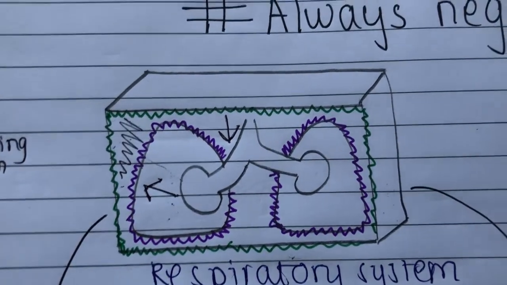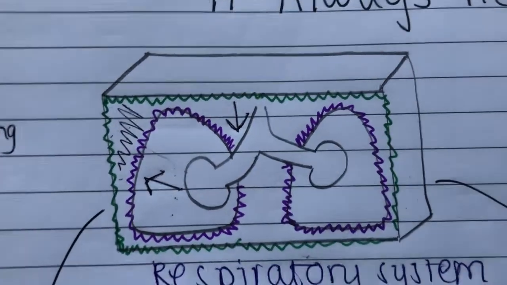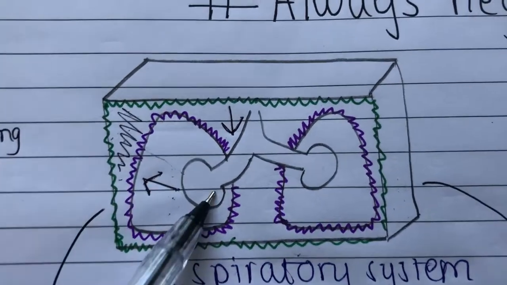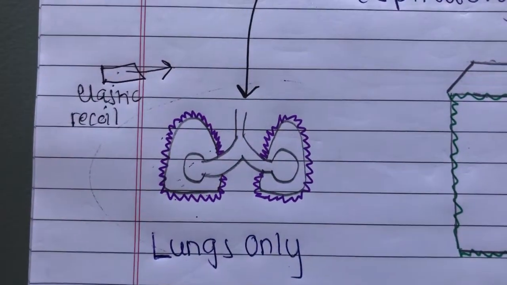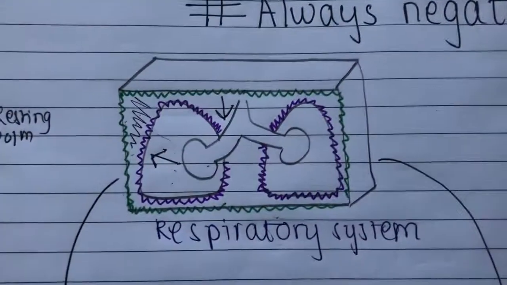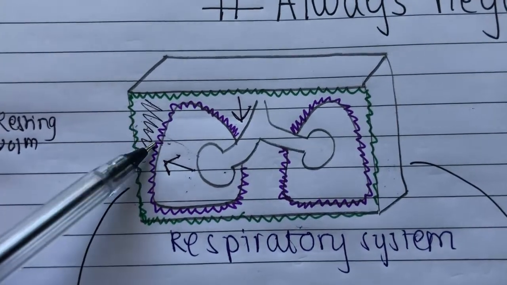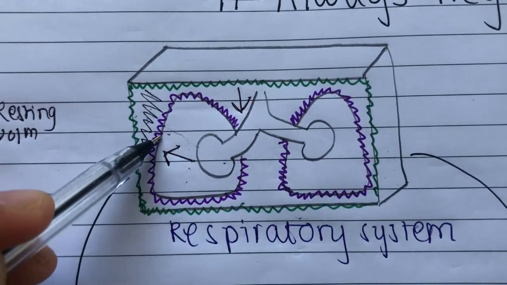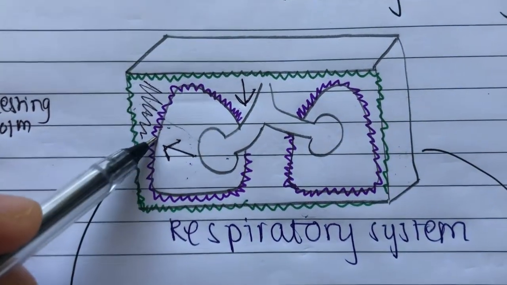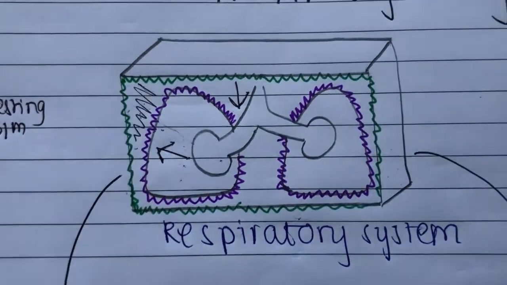But it cannot come back to its position because a sticky layer is attached all around it, which prevents it from returning to its normal position. But as soon as you separate or take out the sticky layer and put it alone, it will return to its normal position. So the main thing to learn here is that when the lungs and the chest wall cavity are put together, because of a stickiness developed between the parietal and the visceral layer, the lungs expand a little and the chest wall cavity contracts a little from their resting volume.